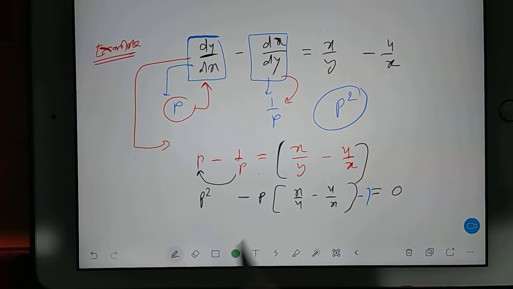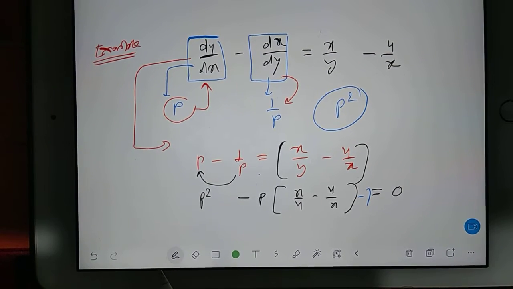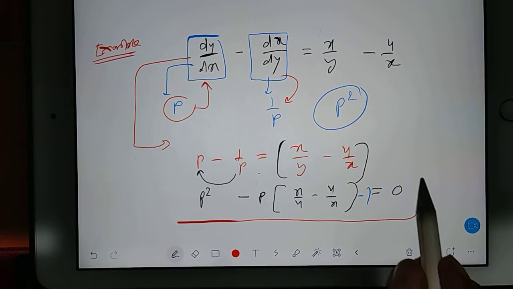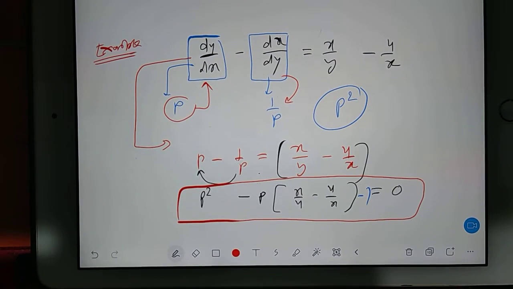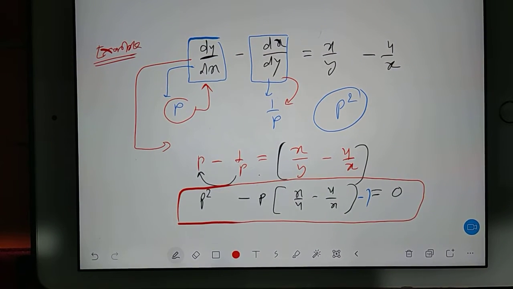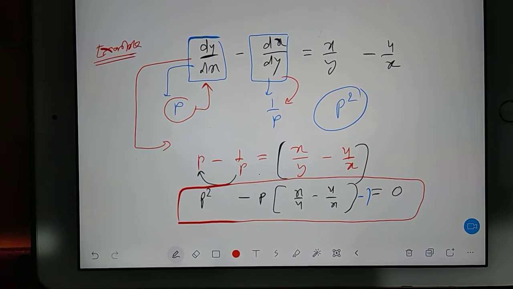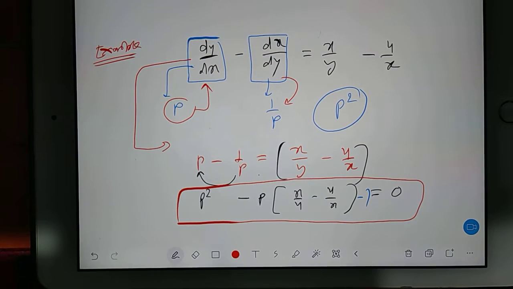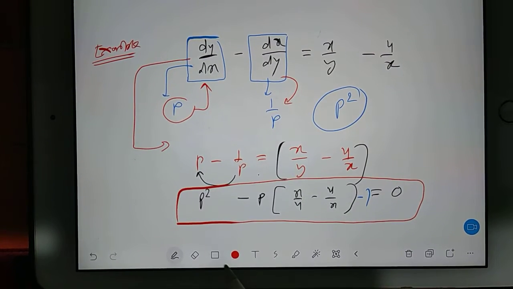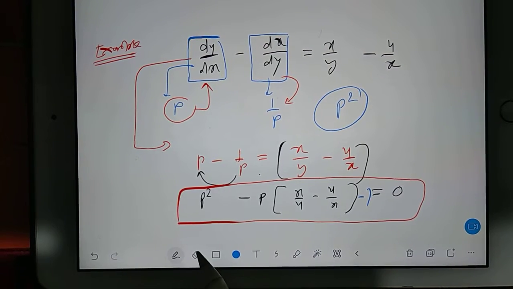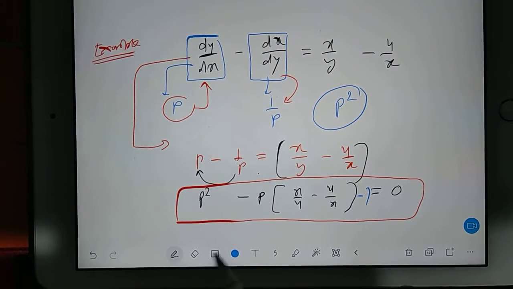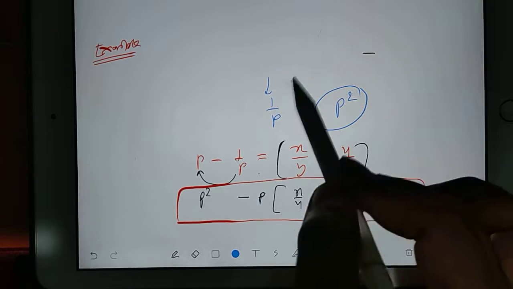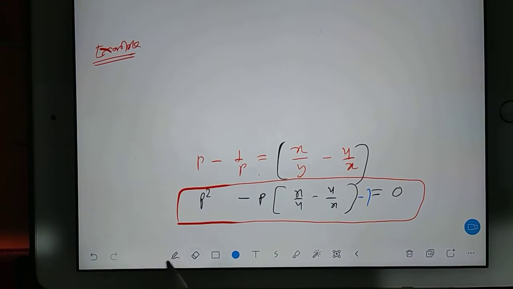Now it looks like a quadratic equation. If you just consider this as a quadratic equation, then in the quadratic equation also we have some formats. Now we have to solve this part. Very easy. You can do factorization. After factorizing these two, you will be getting like this. Factorization, you should know how to do factorization.